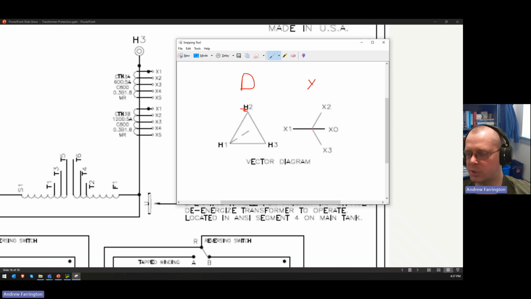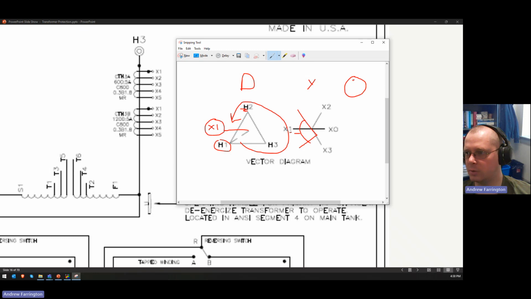And then if you extend this vector over onto this delta, this is where the X1 would be, right? And the rotation of the vectors is counterclockwise, like that. So if you have an eye over here sitting at 0 degrees and you're watching that vector rotate, the first one you'll see as this comes around is the H1, and then that will be followed by X1 30 degrees afterwards. So if you had a clock,